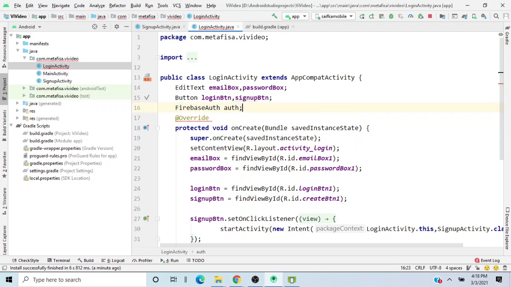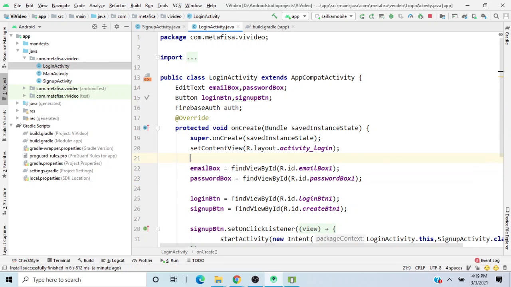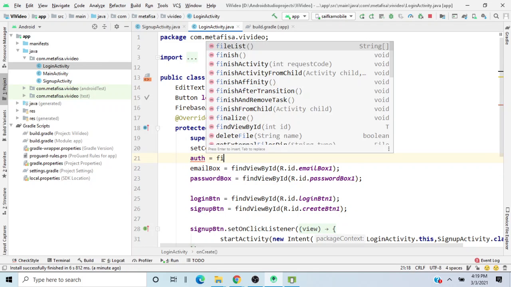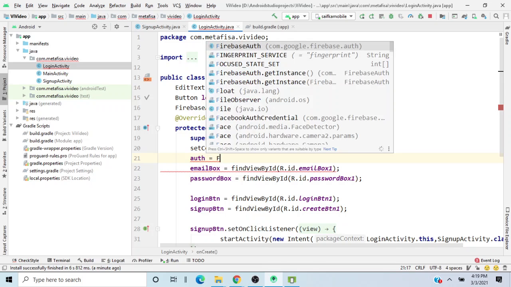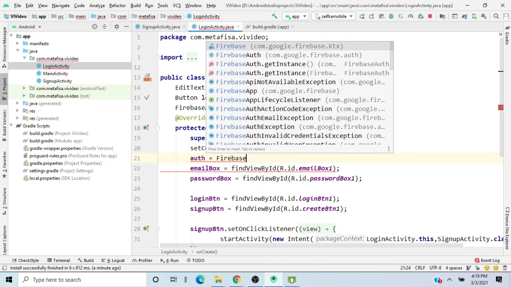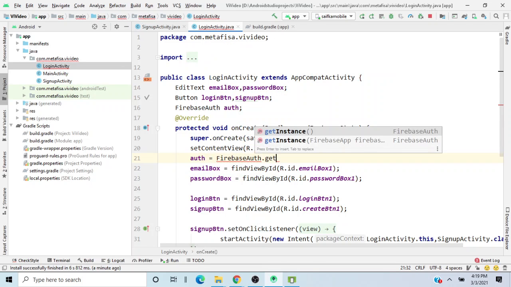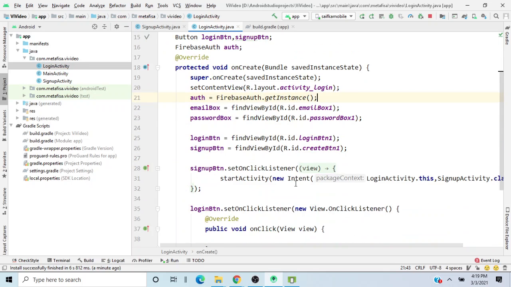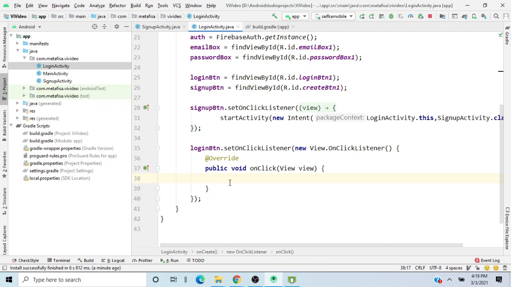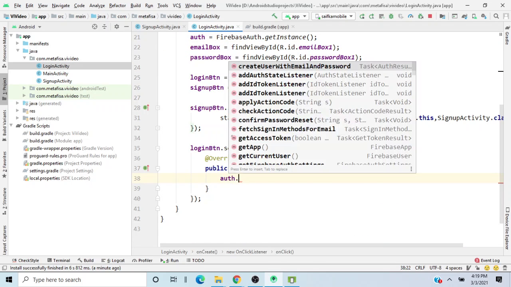Firebase is very much nice. We can make very complex applications using Firebase. FirebaseAuth dot get instance over here, and over here I will write auth dot